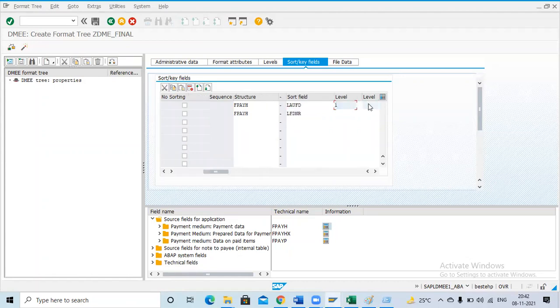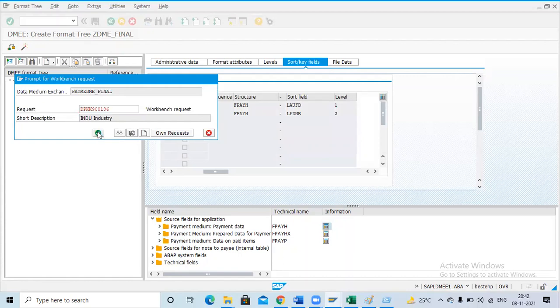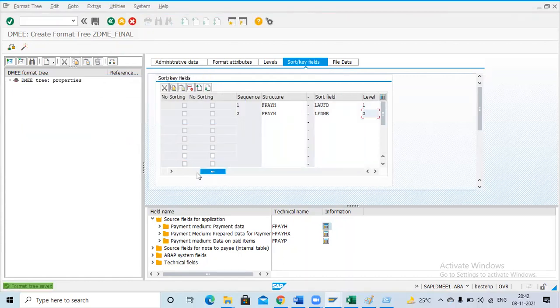Okay, this is the first level first part, and this is the second level first part. So that's it. These many steps are enough for the properties. So these are the basic information properties.